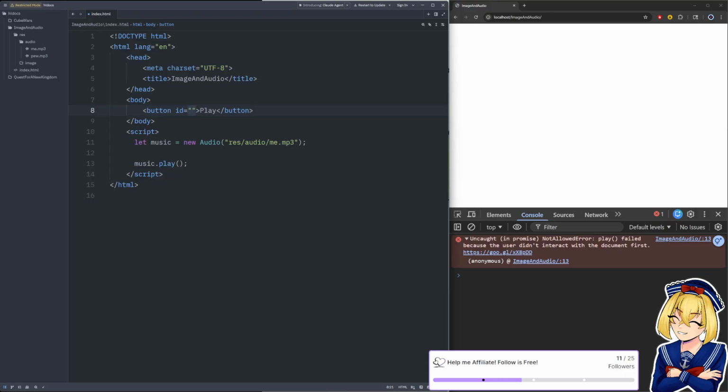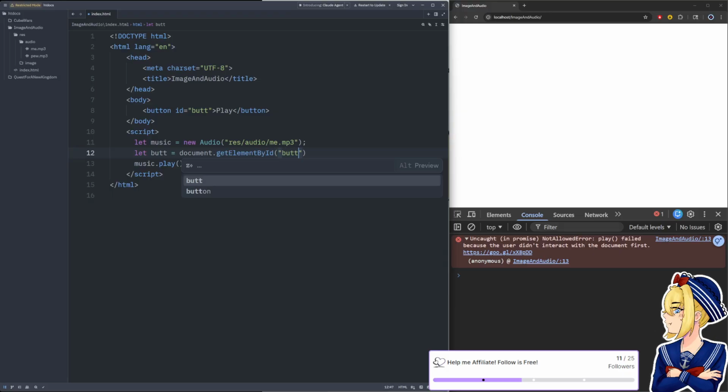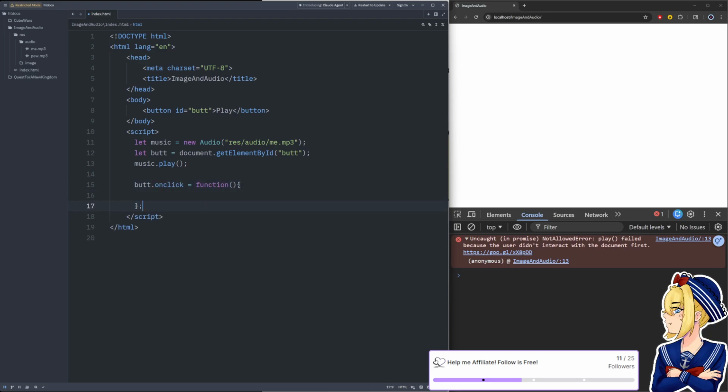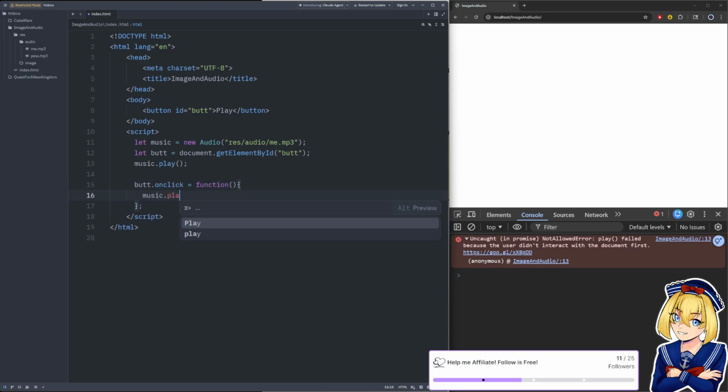I think we called it but. So let but equal document.getElementById('but'), and then but.onclick is a function, and then we're gonna say music.play.